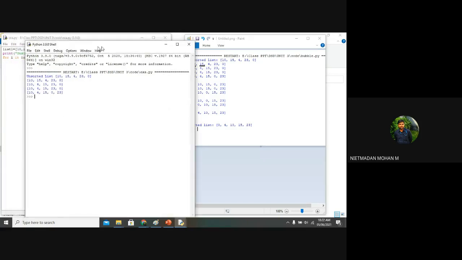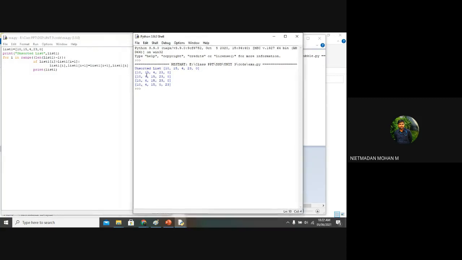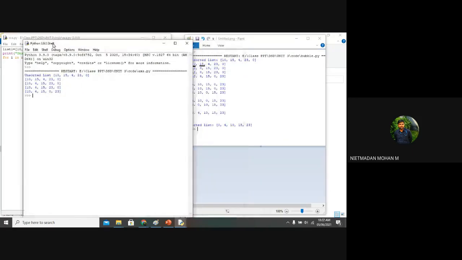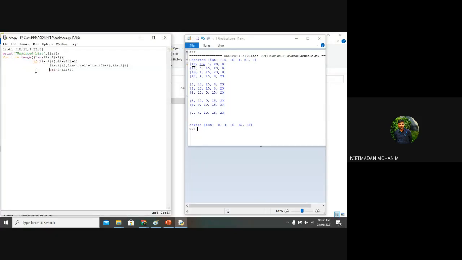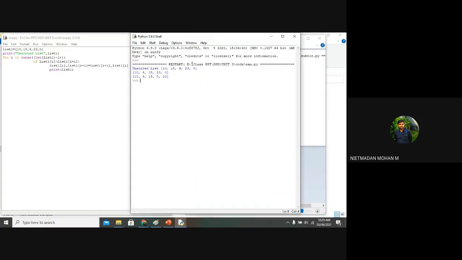Can you see here the first iteration output? So now you can see the first iteration output.